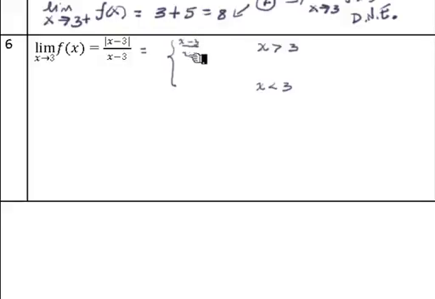The expression is the same as x minus 3 over x minus 3, which is equal to 1. And if x is less than 3, then this expression is negative. So in order to make it positive, having the same effect as these absolute values have, we can just stick a little negative sign in front. Again, x minus 3 is negative, so minus x minus 3 would be positive. So what we're left with is minus x minus 3 over x minus 3, and that's equal to